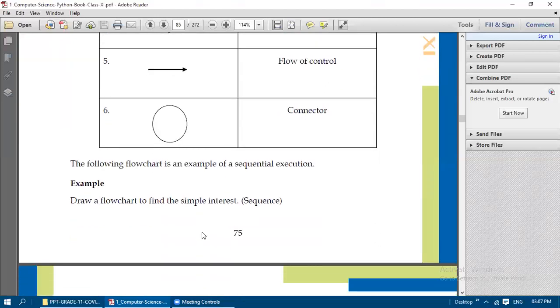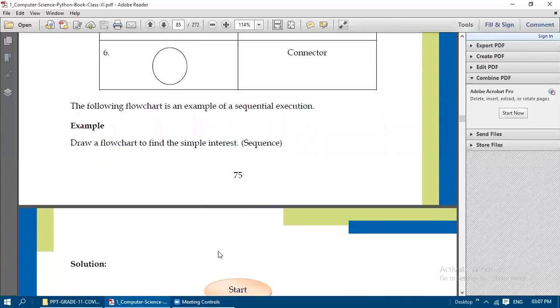Next, the same circle is going to be used on the second page also. For example, if the circle is drawn at the end of the first page like this, then at the beginning of the second page, the same circle with the same letter is going to be continued with the arrow lines.